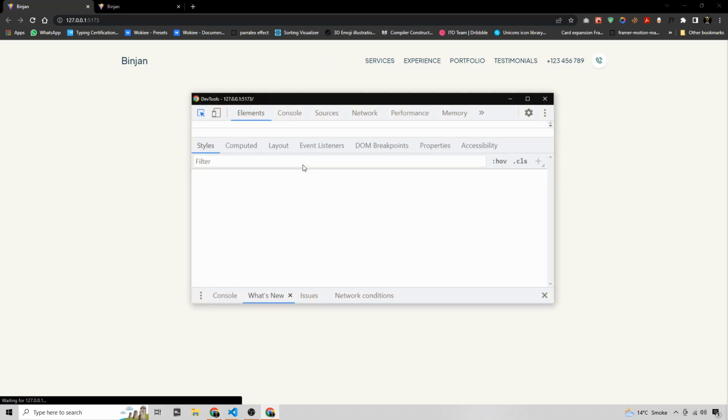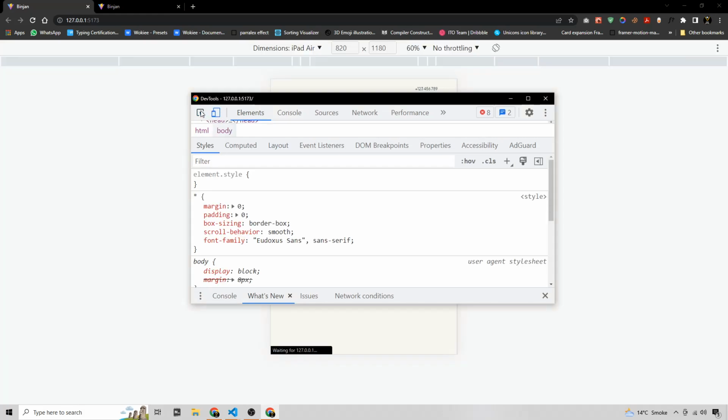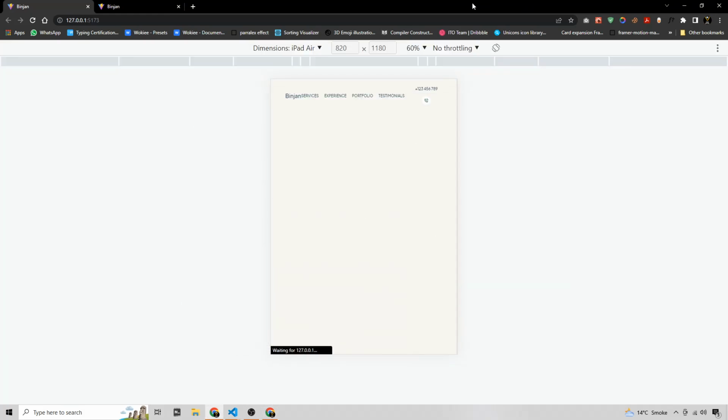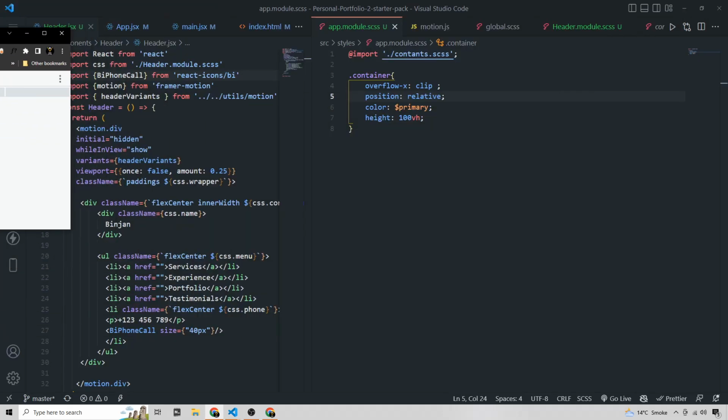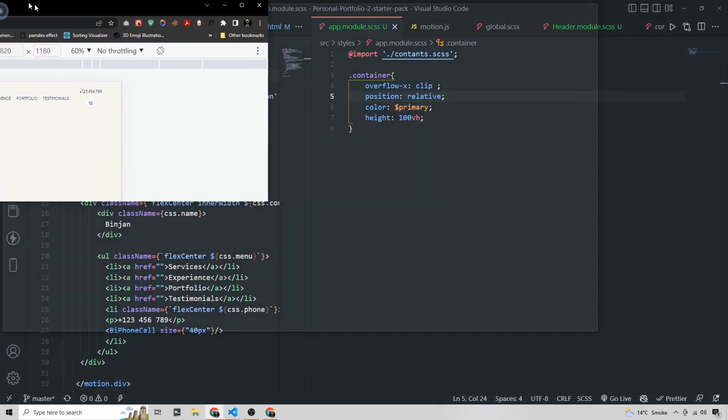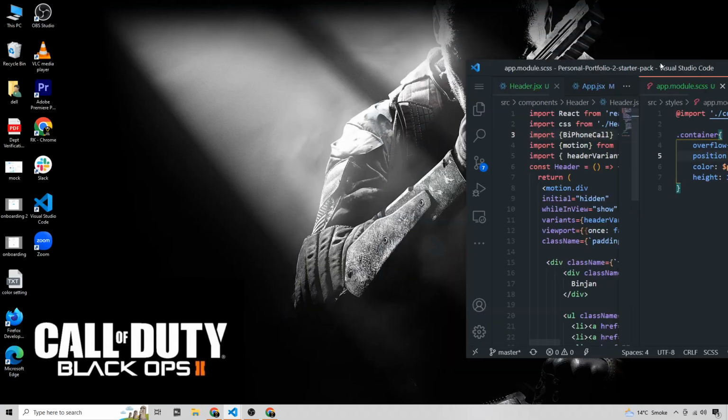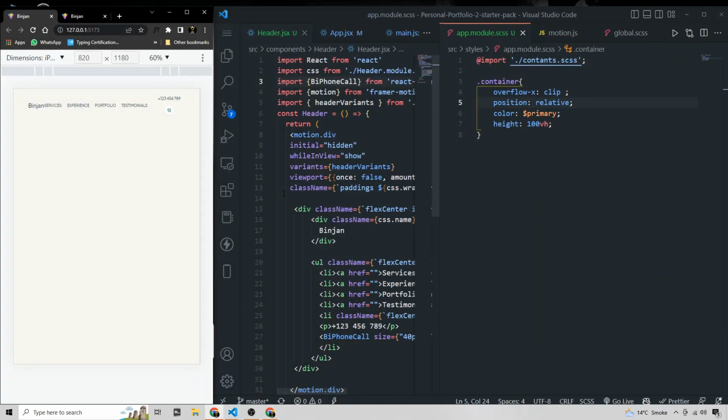Also I want to enable these responsive tools, like this. And for more, now what we can do, we can make it side by side. Okay, so let me fix my screen. So I have aligned the code screen and the output screen, and if I go to the deployed version, here